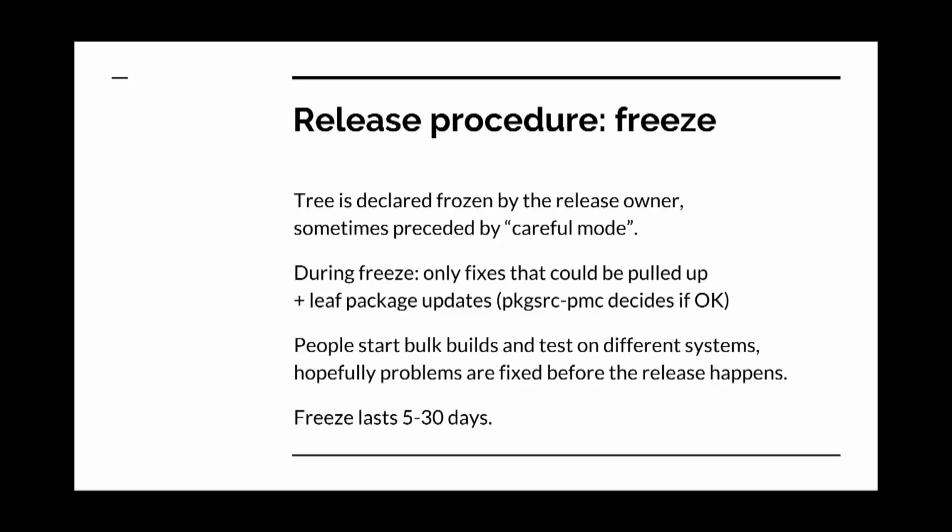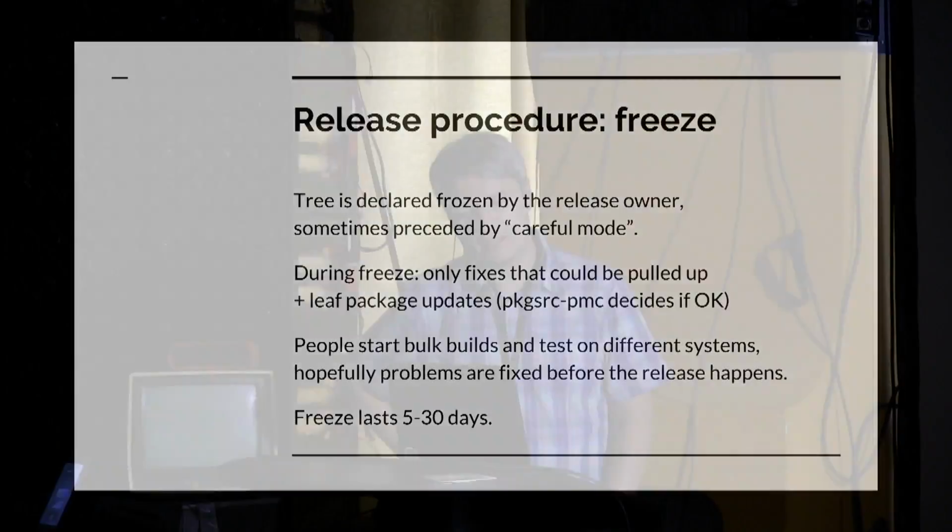it's announced, we will freeze at X date, or it is announced that from now on we're in careful mode. So that means please pay attention to what you're doing and don't break the tree if you can help it. And then once the freeze is declared, the only thing that should be committed into the package source tree is things that could also be pulled up later, such as security updates, or typically